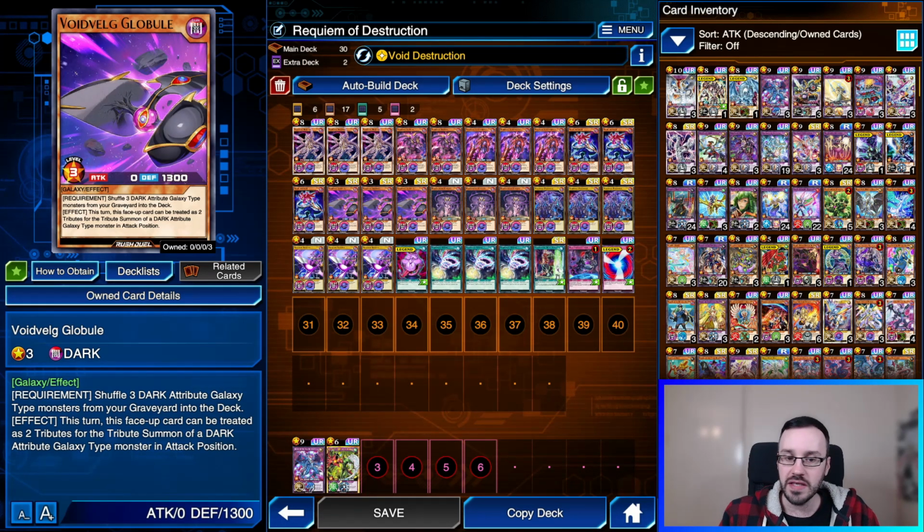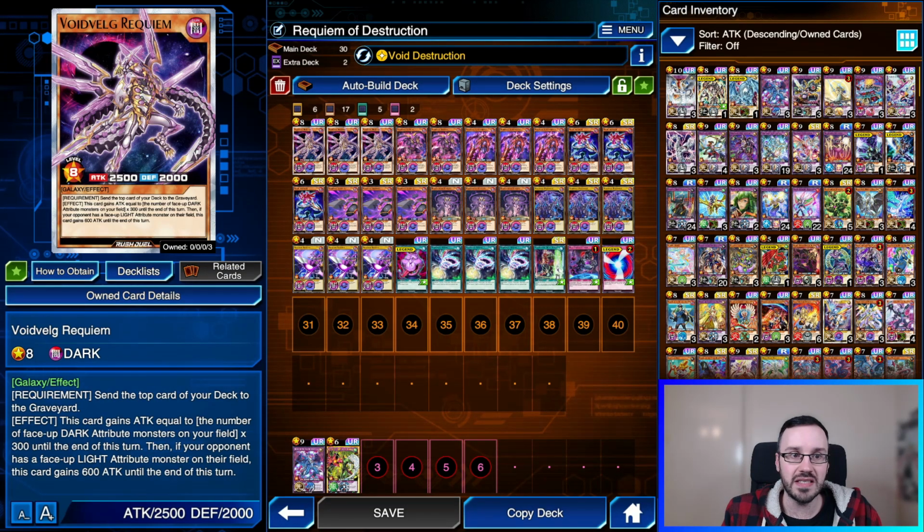This turn, this face-up card can be treated as 2 tributes for the tribute summon of a Dark Attribute Galaxy-type monster in attack position. So this is absolutely fantastic. The only negative of this card is it has 0 attack. So if it does get changed into attack position with a Vritra Star or by Meteor Charge, we can take a lot of damage. But 1300 defense is respectable, and we can use this to easily get out our Requiem